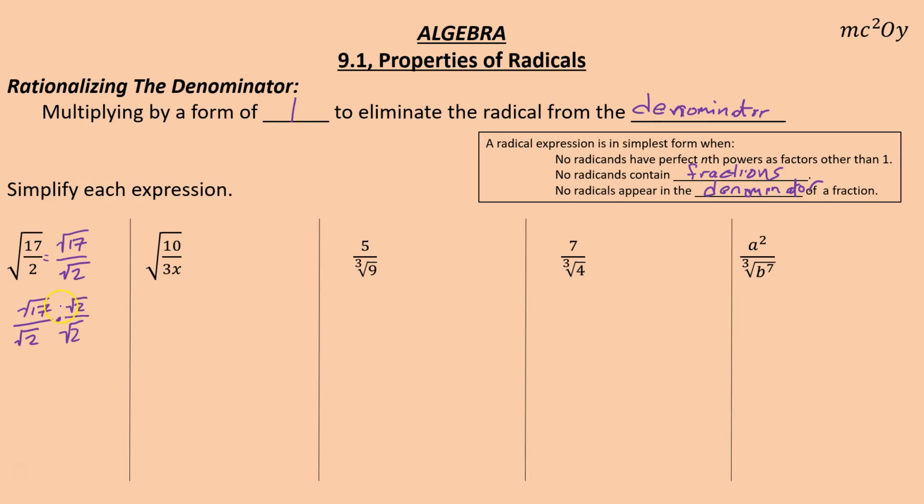Notice root 2 divided by root 2. This thing right here is 1. Root 2 divided by root 2 is 1. So you're not changing the value. You're just multiplying by 1. So you have the same value. But when you multiply across, root 2 times root 2 is root 4. And root 17 by root 2, well, you can multiply those. That's root